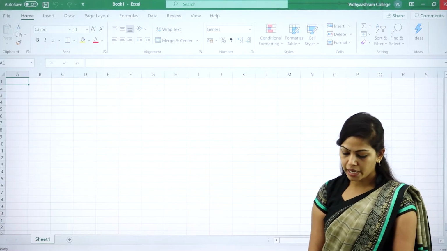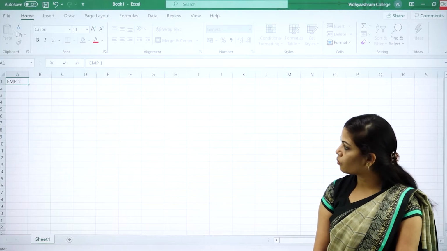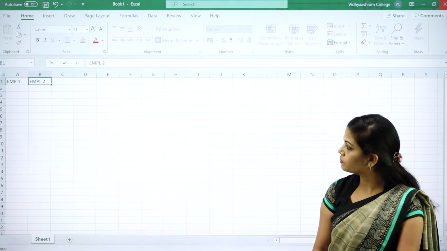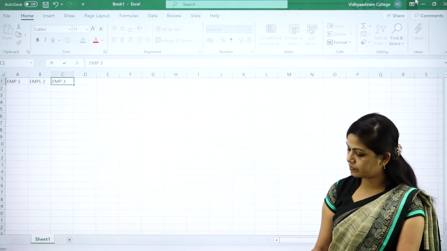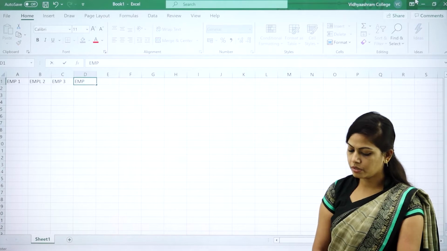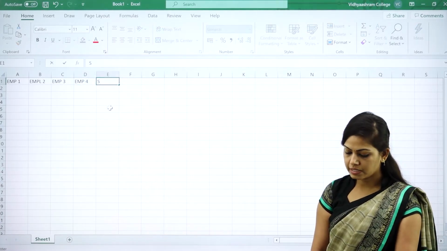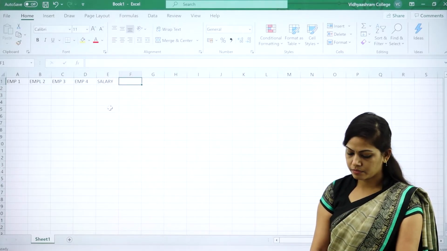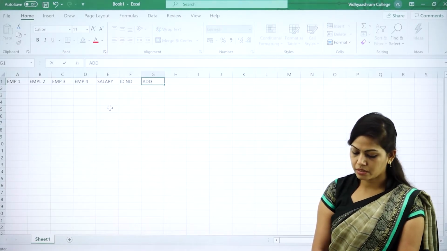I will prepare an employee database. Employee 1, employee 2 and employee 3, employee 4, and salary, ID number and address.